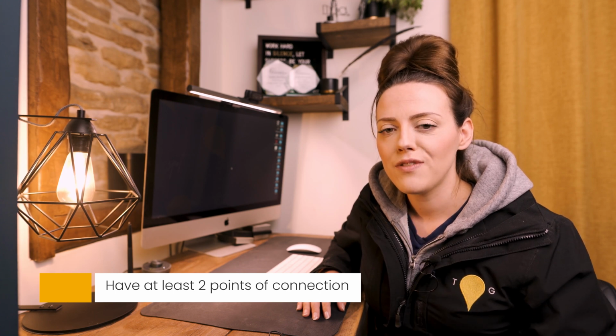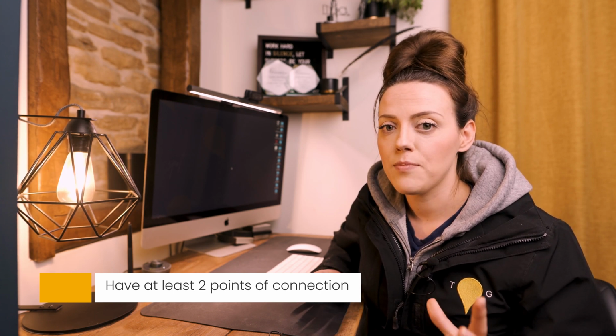So these 2 points of connection really do make or break pets and people images, and the main thing that I can advise for this is that the connection can be literal, so it can be physical contact, physical connection, or it can be kind of implied connection in terms of eye contact. But either way, there should be at least 2 points of connection between the people and the pet in the